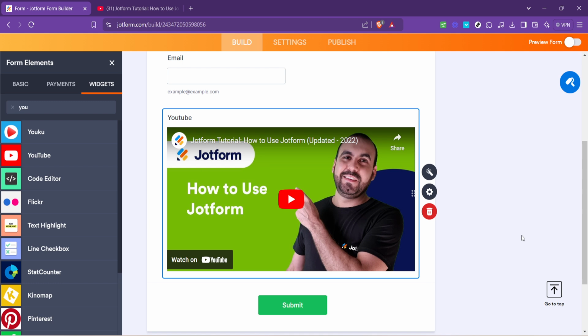This small addition can significantly enhance how your audience interacts with your form, providing them with not just a form to fill out, but an experience to engage with. Remember, whether it's for educational purposes, showcasing testimonials, or just adding a touch of personality, embedding a video can make your form stand out in a sea of static content. So go ahead, experiment with videos, and transform your forms into engaging, informative journeys for your audience.